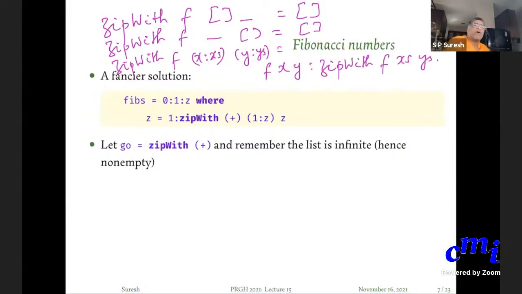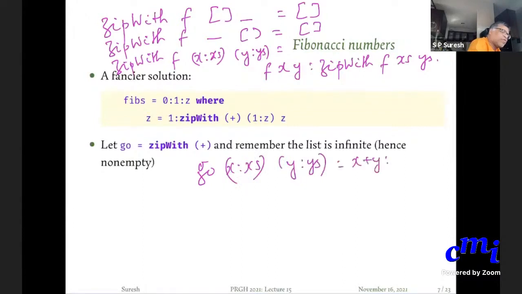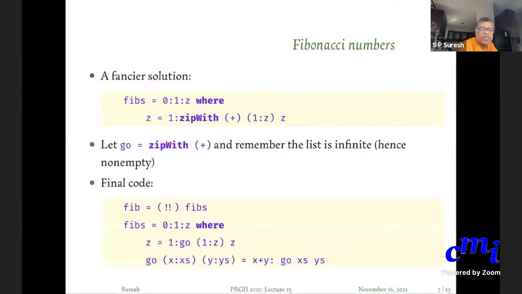But because I know that the argument that I will give will always be non-empty, when I give an explicit definition of go, I can cut out the first two cases, because the first two cases will never ever arise. So I can just define go of x:xs, y:ys is x plus y followed by go of xs, ys. That's the definition that I can give.